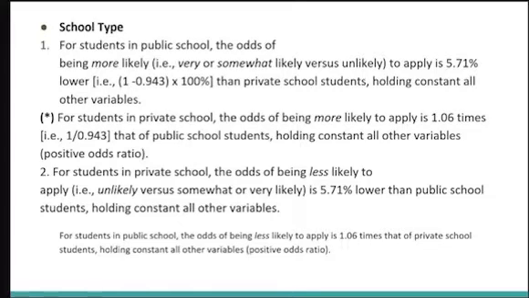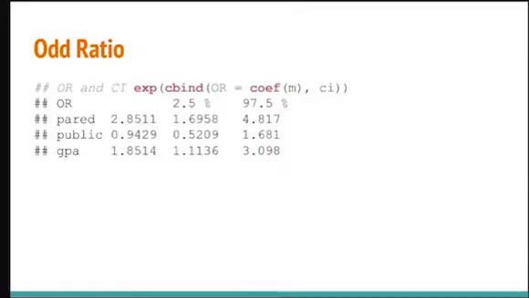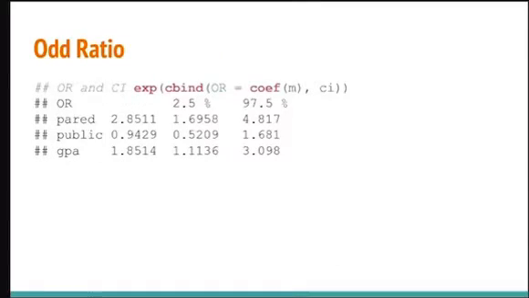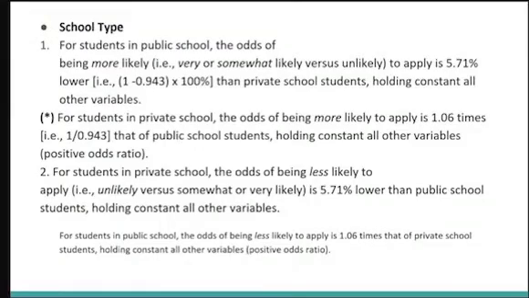How do we get that? First I look at the odds coefficient, 0.9429, and you're going to subtract that from 1, multiply by 100%. That will give you 5.71. And what you're going to say,